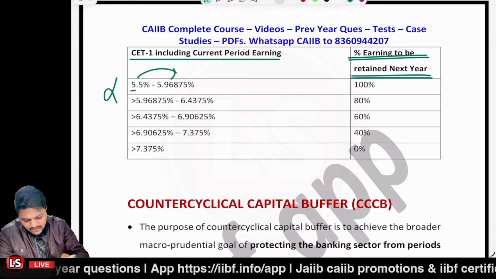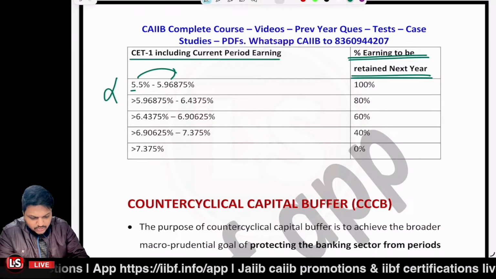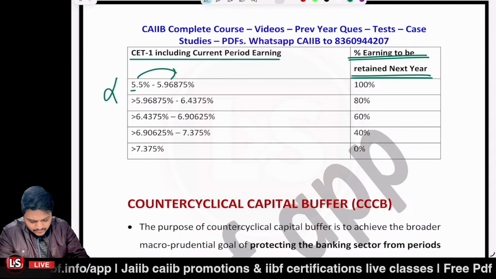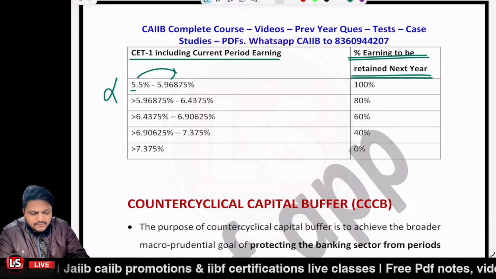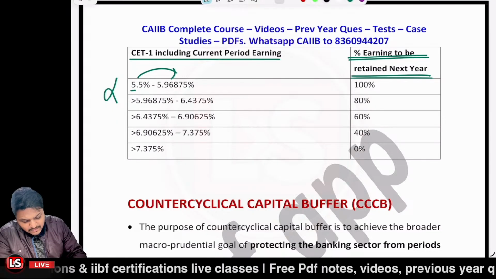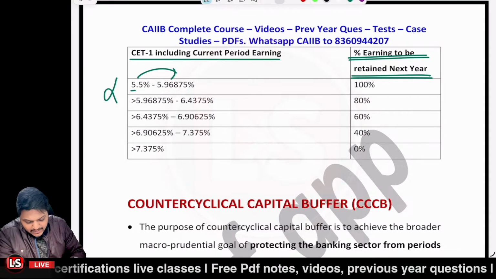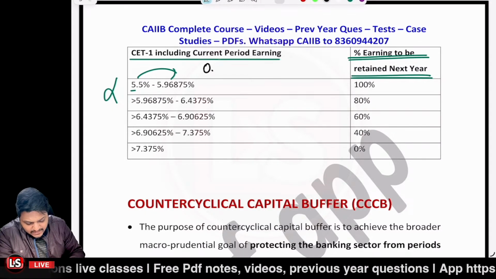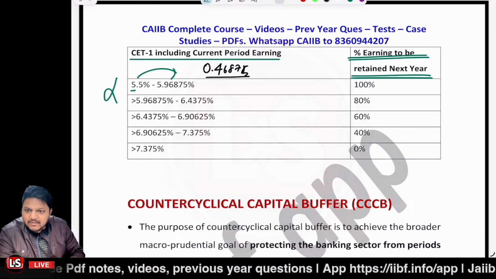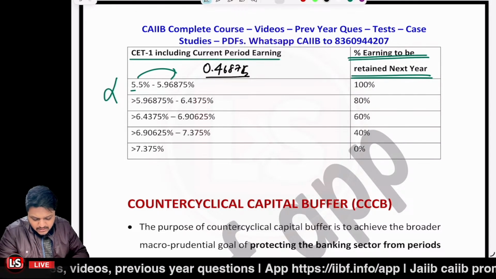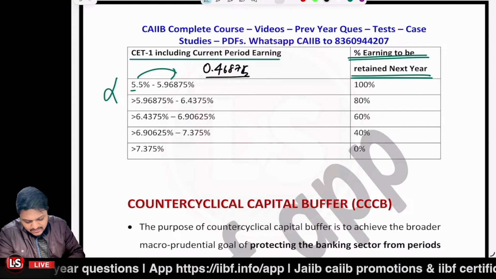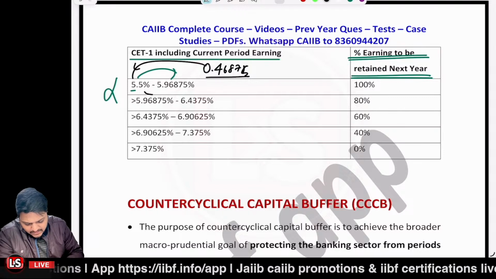Like go for the second term. It is 6.4375 minus 5.96875, right? That is equal to 0.46875. So that is the point that I'm going to explain, that you should be memorizing 5.5 and 0.46875, and using this term just add on to the last one and you will be able to form the complete table, right? So we will be adding this term to the first one and you'll be getting this one,